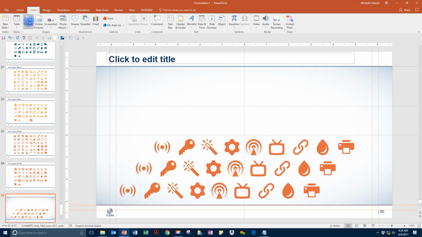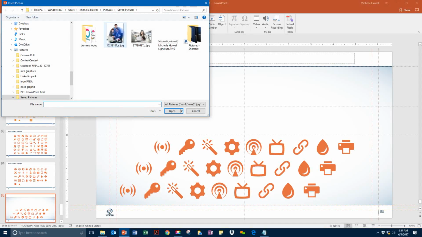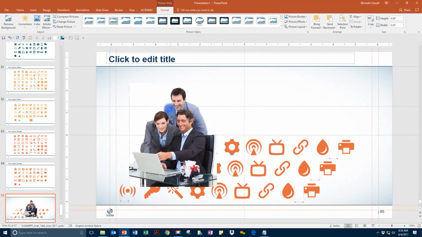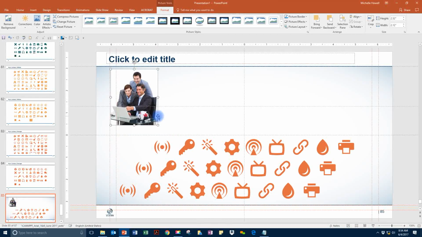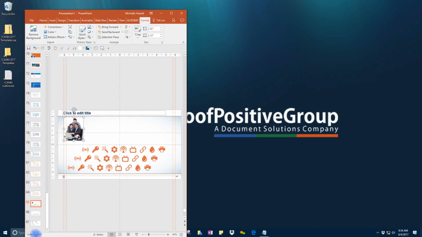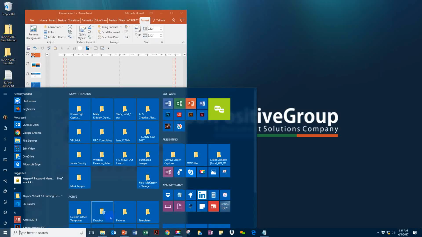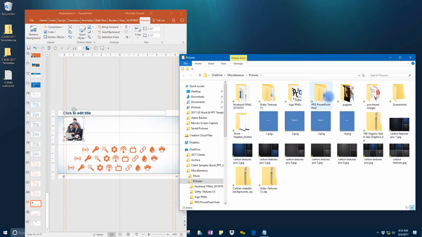So you go to Insert and then Picture, and then you can choose whatever picture you may like and move it to the position that you like. So we now have a picture here, and so that's all that you would need to do to insert a picture. The other option is to insert a picture through a directory, which can also be done, but it will